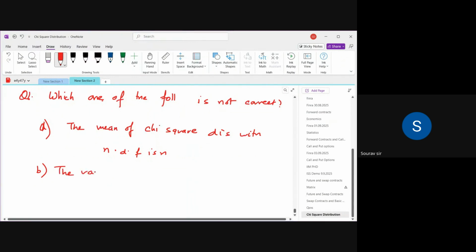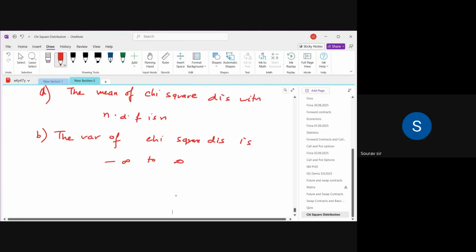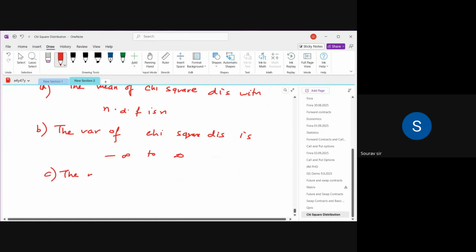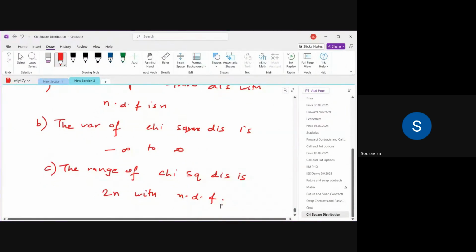Next, B: the variance of chi-square distribution is minus infinity to infinity, or C: the range of chi-square distribution is 2n with n degrees of freedom, or D: